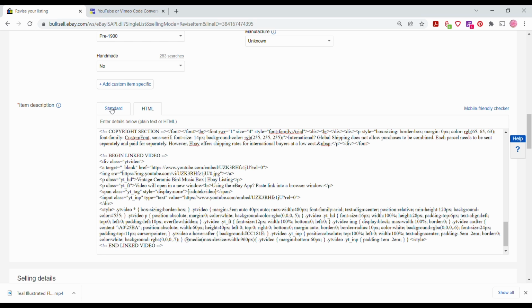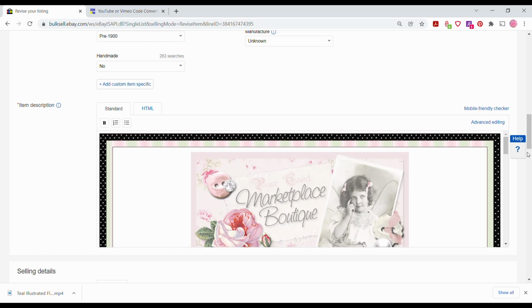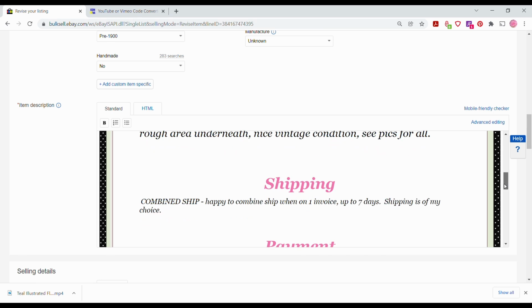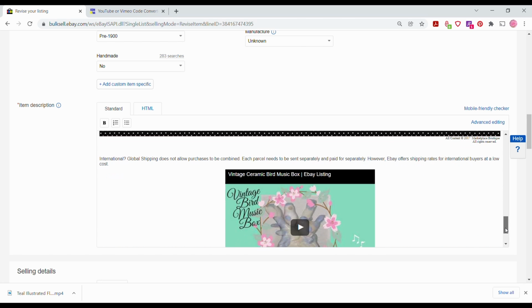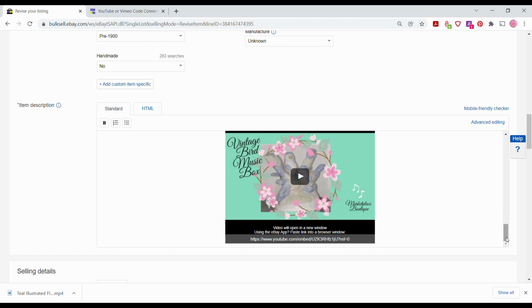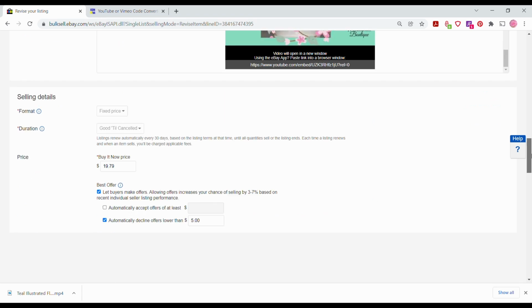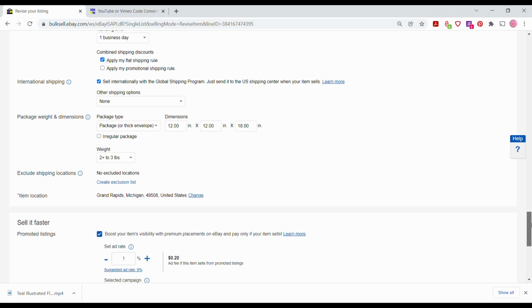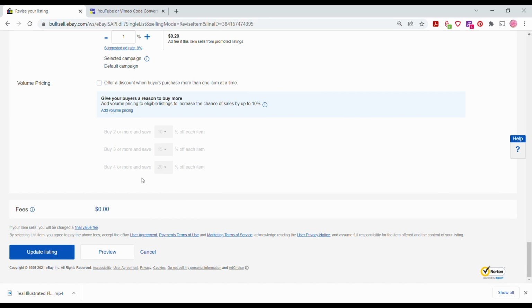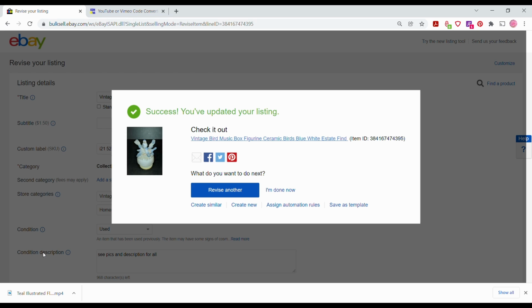Click the standard button. And then if you go all the way down, you will see your listing embedded in your eBay pages. And it makes it really fun. So then let's go down and save this. And if you click on your listing,